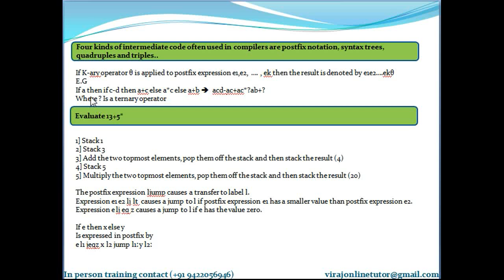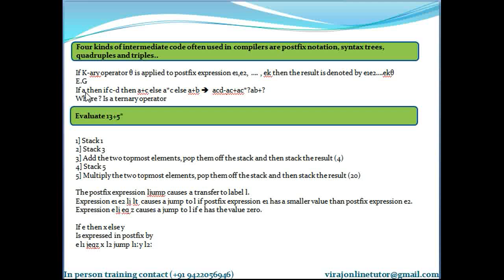Okay. So there is one more example here that I have given for postfix notation. What is the postfix form of c minus d? cd minus. What is the postfix of a plus c? ac plus. What is the postfix of a multiplied by c? ac asterisk. And what is the postfix notation of a plus b? ab plus. So I have explained the postfix notation of each of the small components here. If I convert this entire expression into postfix notation, what am I getting?